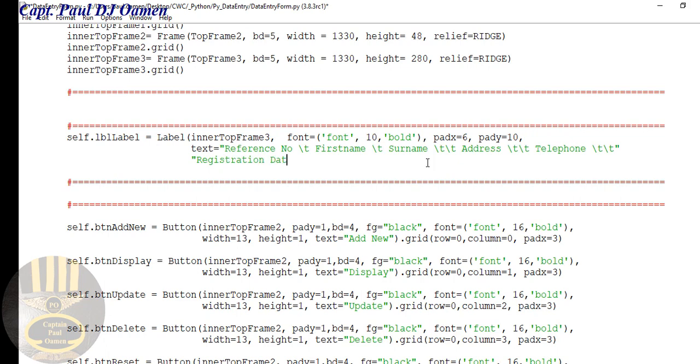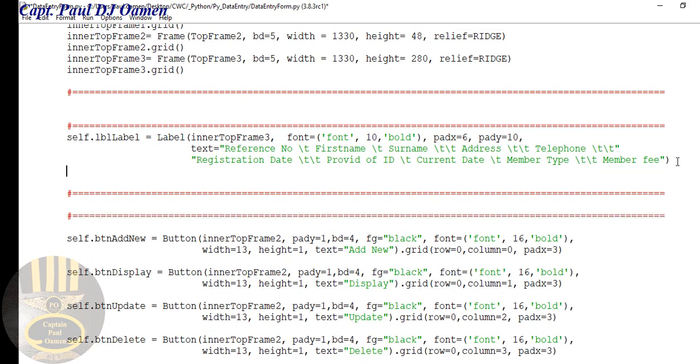So this is going to be registration number or registration date. Okay, I presume you guys get the whole idea, so I'm going to speed that up. I only have about 4 more to enter. Alright, that is how it looks. So all I just need to do now is to run that up. So come right down here, dot. So I need to enter my grid, and let's copy all of this, dot grid,